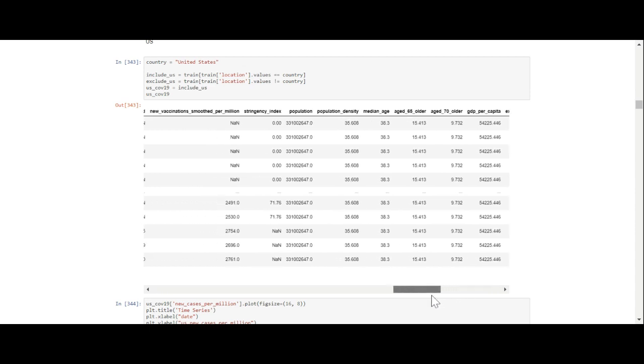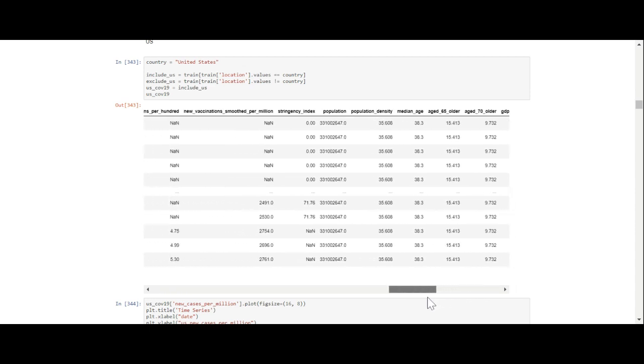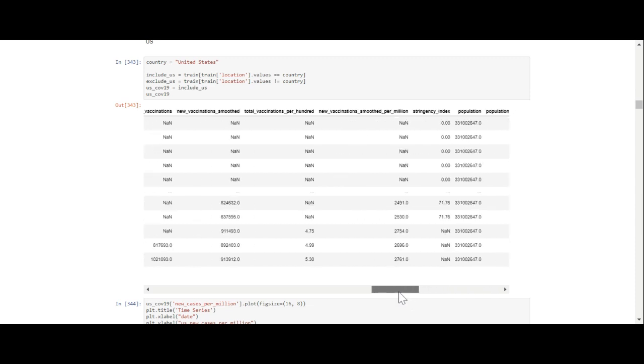Age 70 or older. Median age is 38. So the median age in the UK is, I think, 40 or 41, but the median age in the US is 36. No, sorry, 38. So going into the